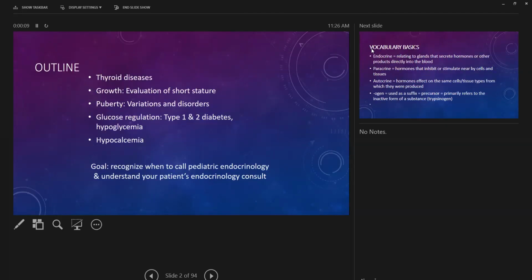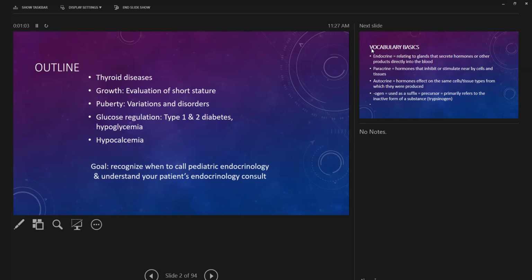Okay, outline. So we'll talk about some thyroid diseases, a little bit of the theory and the physiology behind thyroid diseases, growth and evaluation of particular short stature, as well as deviations in growth, and when we want to refer to an endocrinologist, puberty, variations and disorders, puberty based, and this would be specific for the pediatric population, obviously, and then glucose regulation, i.e. type 1 and type 2 diabetes, as well as some hypoglycemia topics and some things you need to investigate with hypoglycemia, particularly in newborns, and then hypocalcemia and some